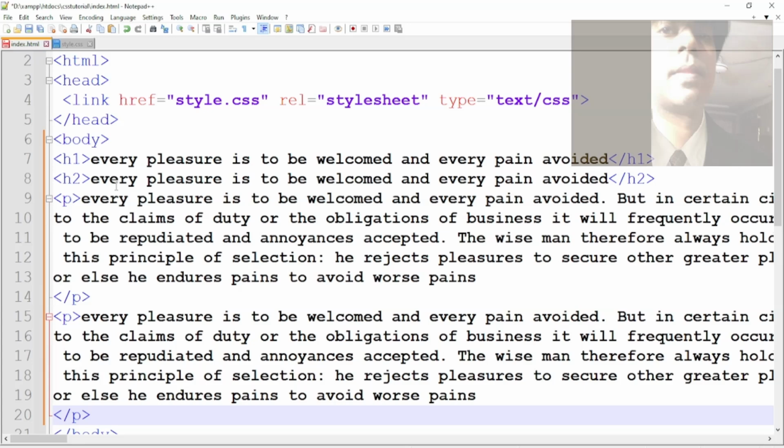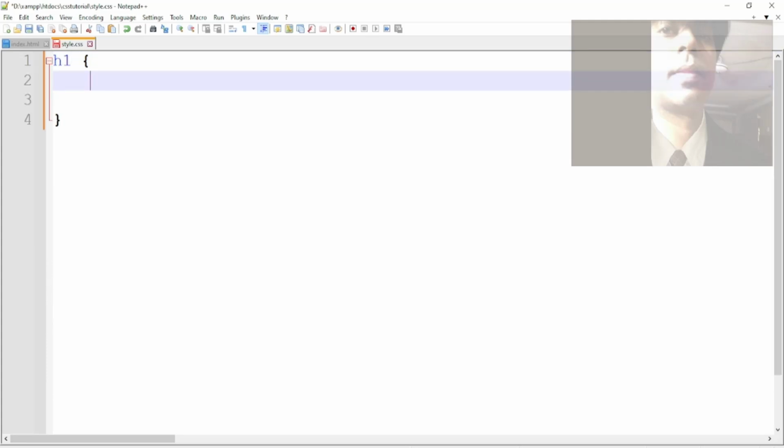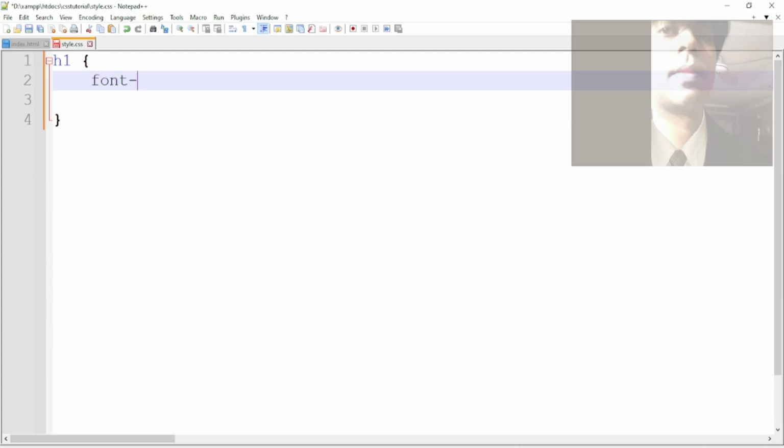So we will use font size in pixel, and in style.css file we will use heading 1 selector, open curly braces and close curly braces. In between curly braces we will use font-size colon 40px